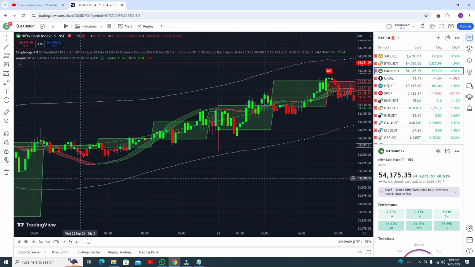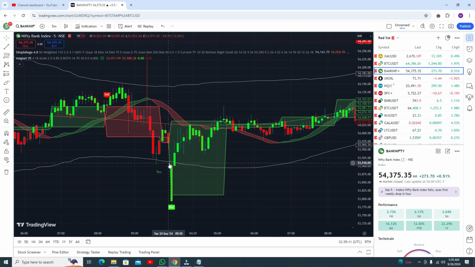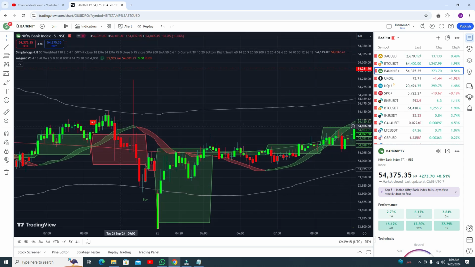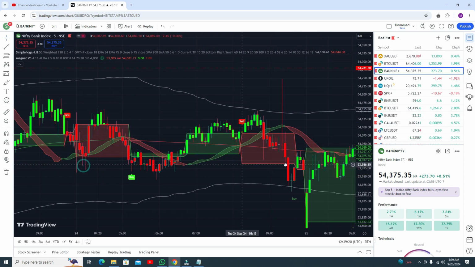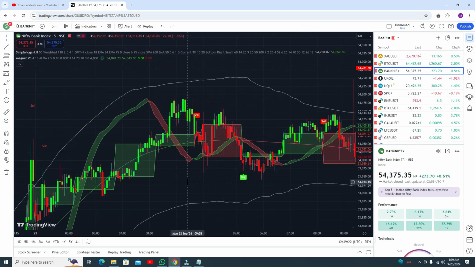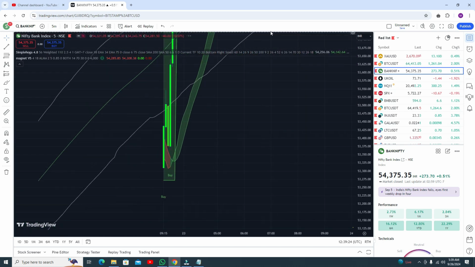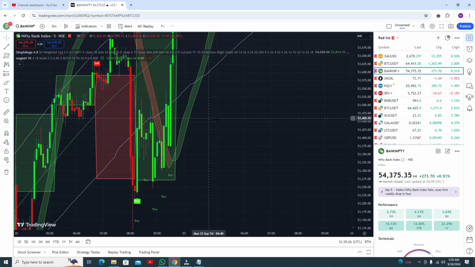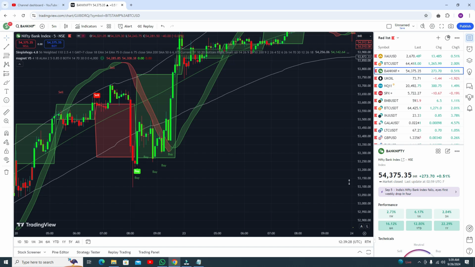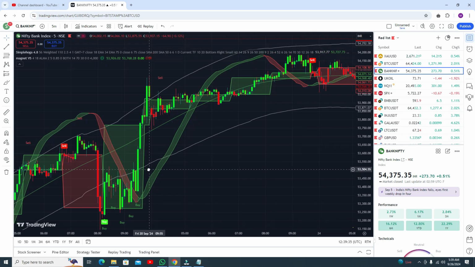Okay, and you can see the results of this indicator, buy trade and profitable. Okay, now from this point you can go for the sell trade, actually, and you got the profit here. Okay, let me show you some more details. Okay, this was actually a good buy trade, and you can see accuracy is awesome. Now this one is a sell trade, and you got the profit. This is the buy trade, and you can see results.